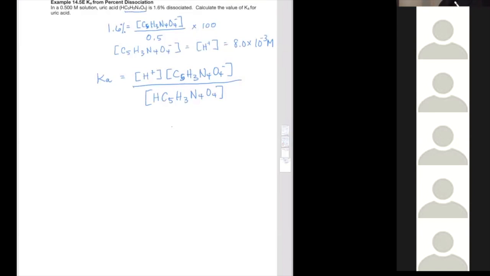So then you just plug in what you know. Ka is equal to, both of these we calculated from the percent dissociation equation. So you could just say this number squared. And then on the bottom,